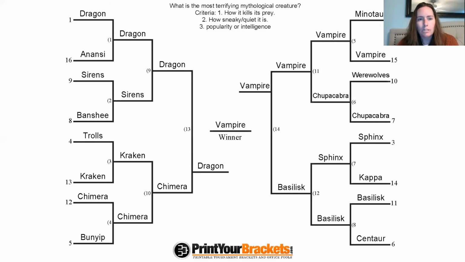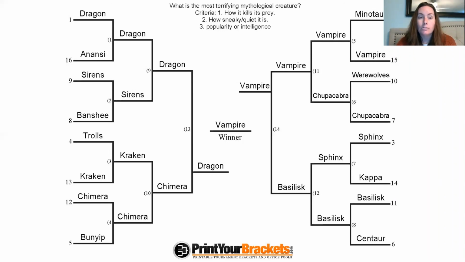One of the hardest decisions to make, or something that kind of confused me a little bit, was when I was deciding between the dragon and Anansi. Anansi is like a demigod and doesn't really go out to kill people. And the same thing with the Banshee. They're both part of myth and they can be kind of scary for people, but they aren't malicious and don't go out trying to attack people. So those two, if I were redoing it, I probably would not have included them in the top 16.